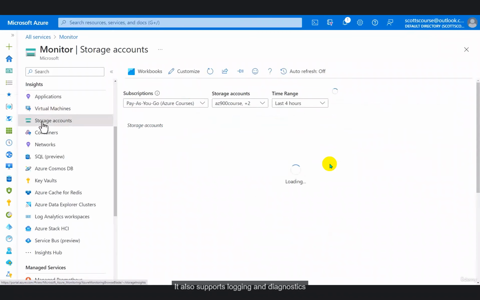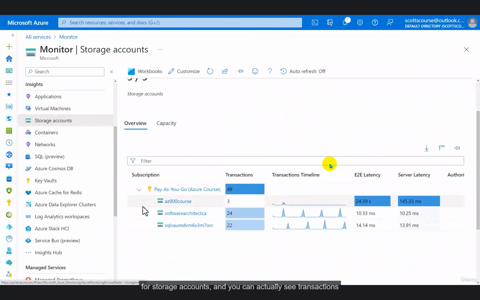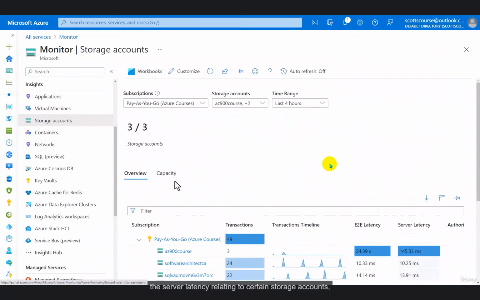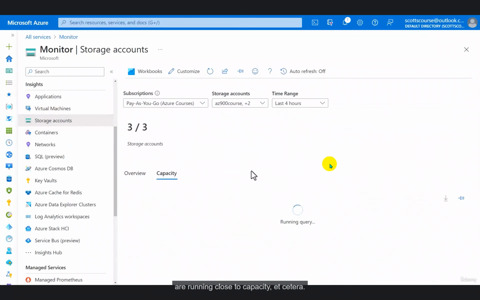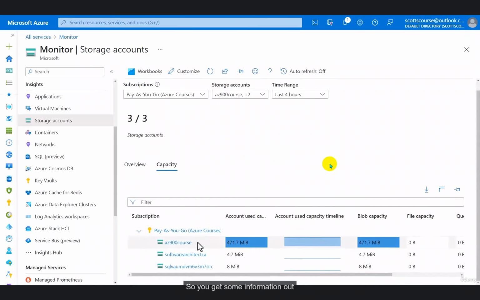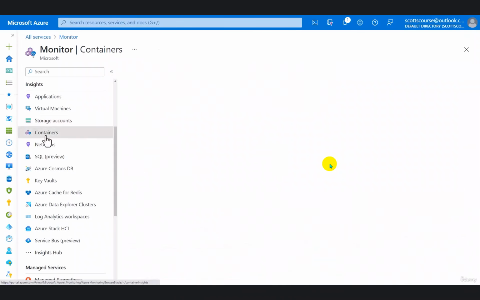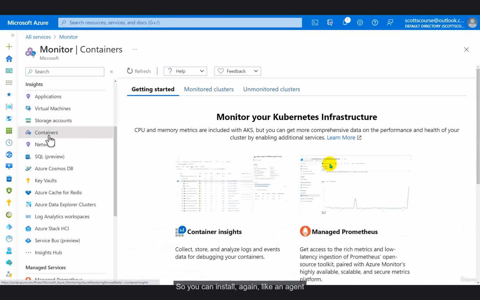It also supports logging and diagnostics for storage accounts. And you can actually see transactions against your storage accounts, the end-to-end latency, the server latency relating to certain storage accounts, determining which storage accounts are running close to capacity, etc. So you get some information out of your storage account here. It works with Kubernetes containers. So you can install, again, like an agent to extract data from a Kubernetes cluster and get the CPU and memory. And that's the stuff that comes with AKS, but you get more comprehensive data by enabling monitoring services to